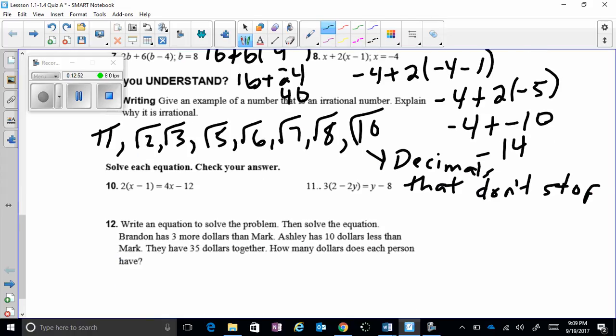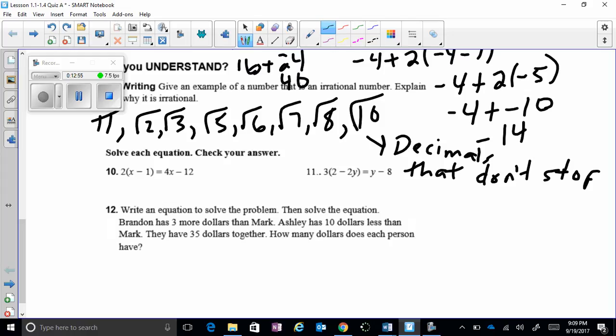Okay. All right, now the last part, we're going to solve equations. The first thing we do before we use our properties of equality, which properties of equality says we're going to add, subtract, multiply, divide things to both sides, is to simplify. So with number 10, I have a distributive property to do first, and now I can't simplify anymore. As far as the left and the right side go, I can't simplify any. So I'm going to use my properties of equality, and I'm going to start